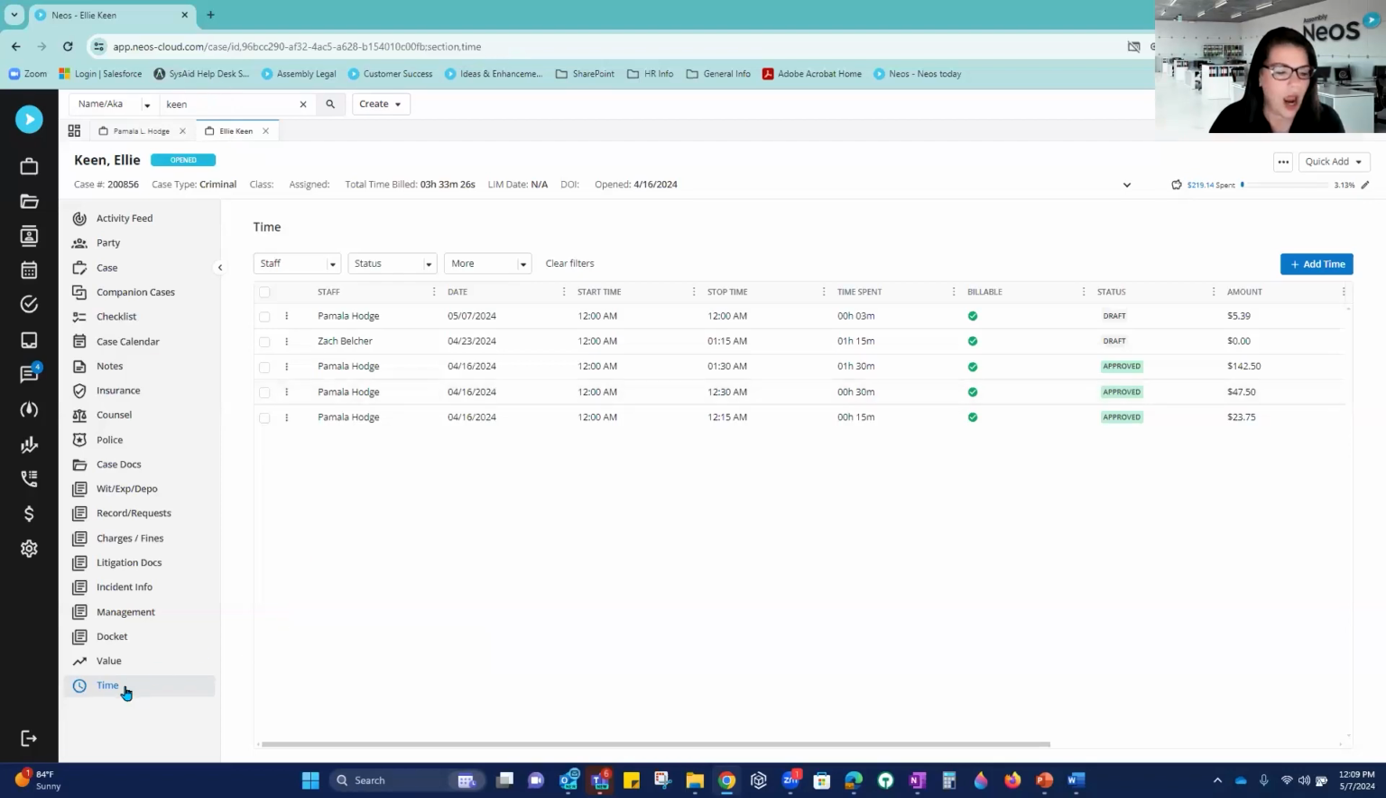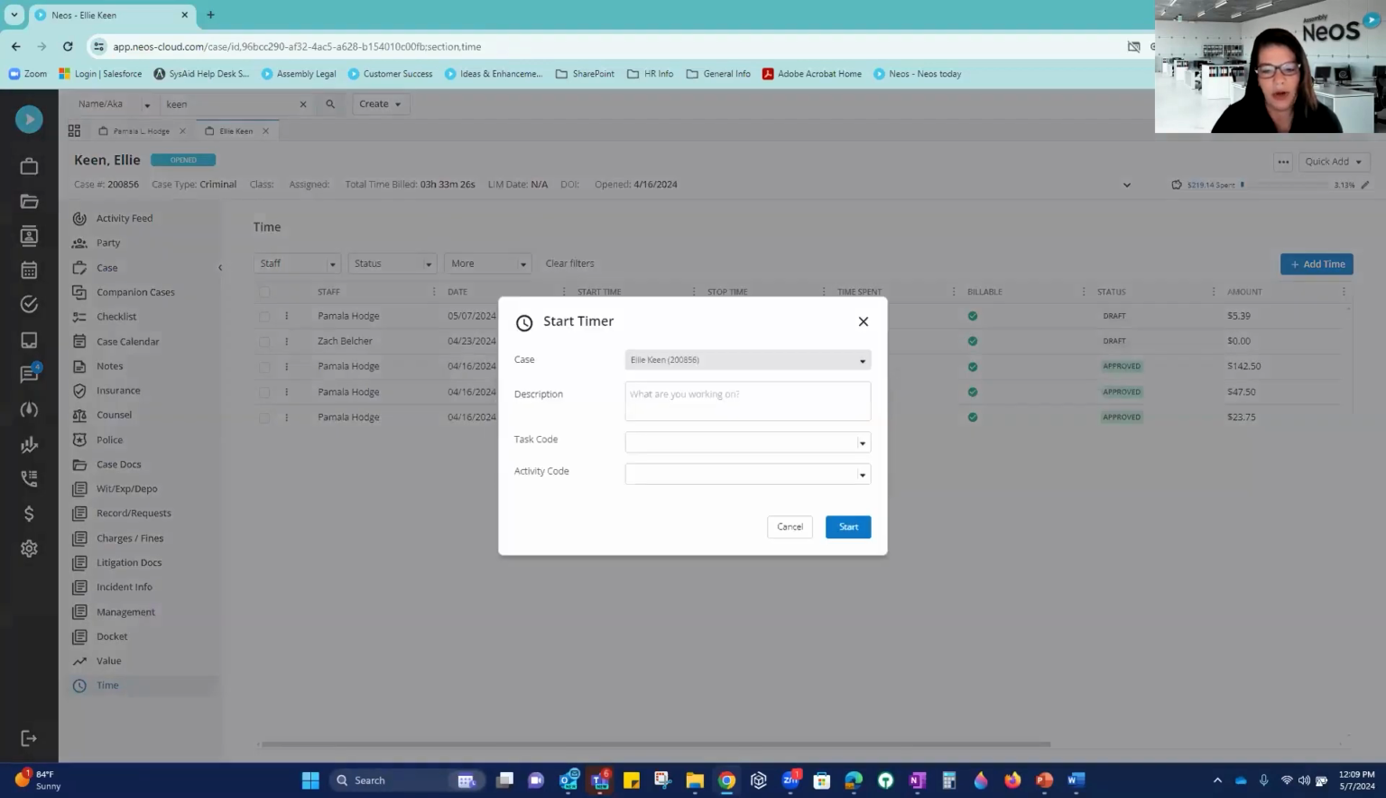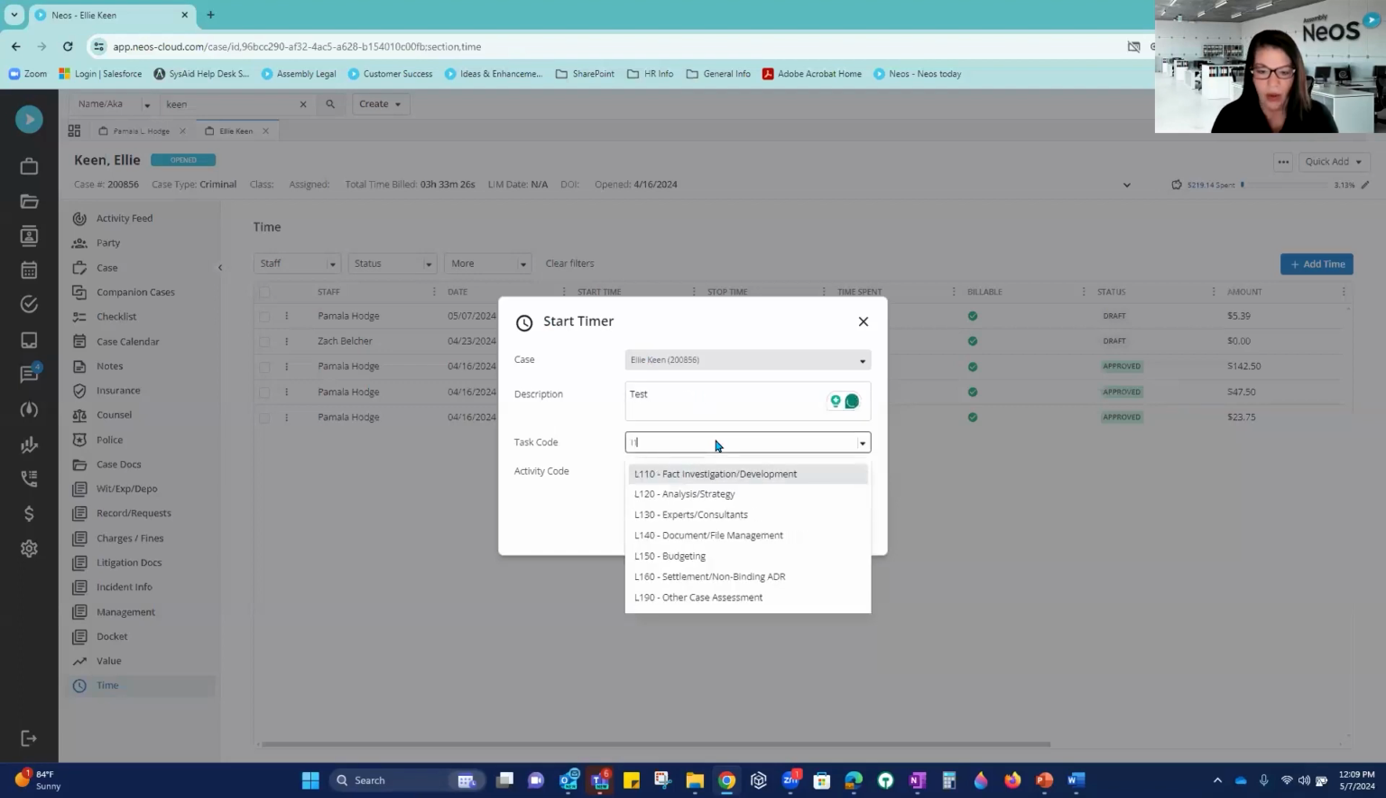Yeah. Okay. All right. So a couple of things with time. If your cases are set up to automatically start billing time, you're going to have this time entry up here. So you can hit start timer. If you hit start timer, it's going to automatically start a clock for you. I can go in here and I can just put I'm testing, and then I can choose my L code